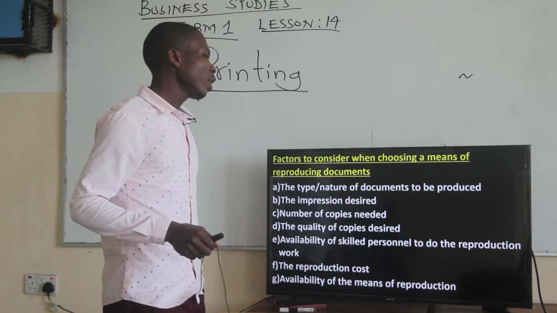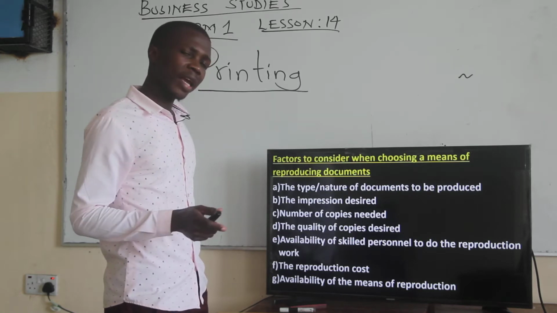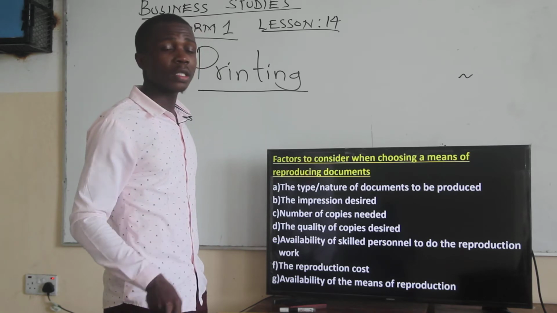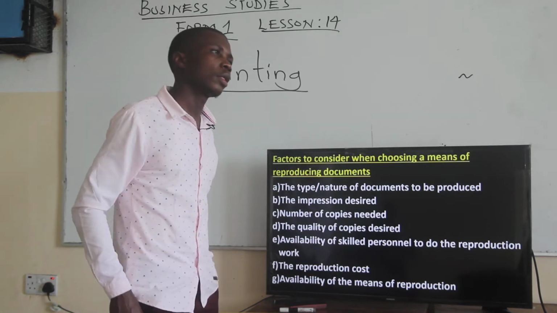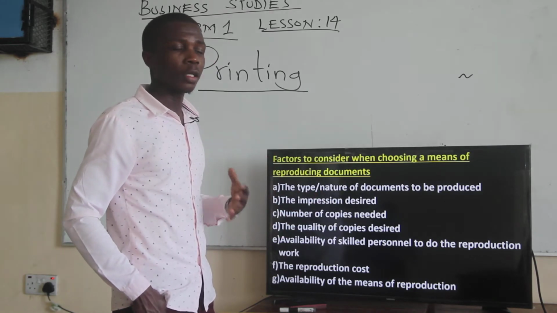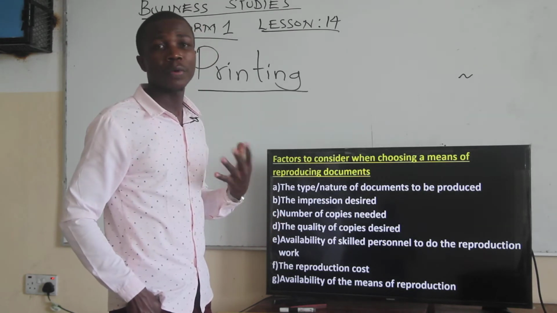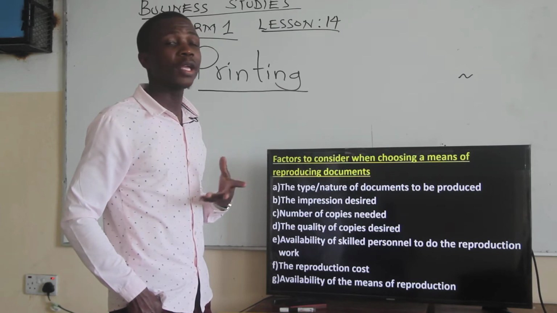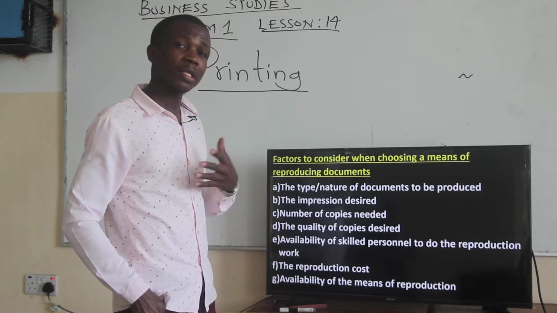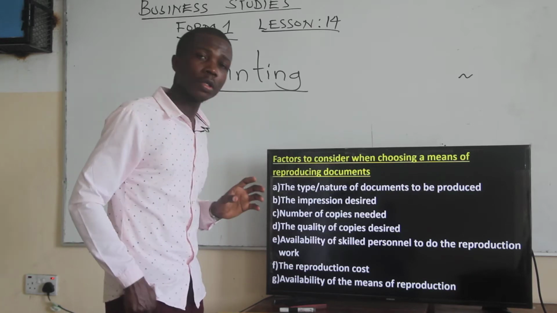So before you purchase or decide on the method of production or document you're going to use, first you are supposed to look at your firm and ask, do you have the people who have the skill on how to operate those? For example, offset lithography, the one used for printing. Of course, you cannot just bring it when you are not sure of a person who knows how to use it. So that's another factor you can consider before you decide on the method of reproducing documents